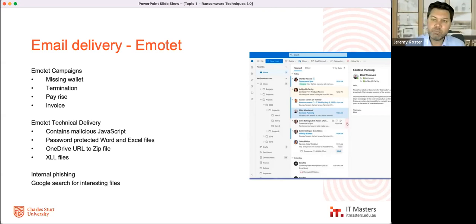When someone in that organization or another organization goes and searches for that document, they see, hey, that's strange, I'll download that, it comes up in a Google search, they open it up and there's Emotet and the JavaScript runs and they're in trouble. So there are some really diabolical things like that. It's very much phishing where they're baiting you on the internet and hoping someone will pick it up.